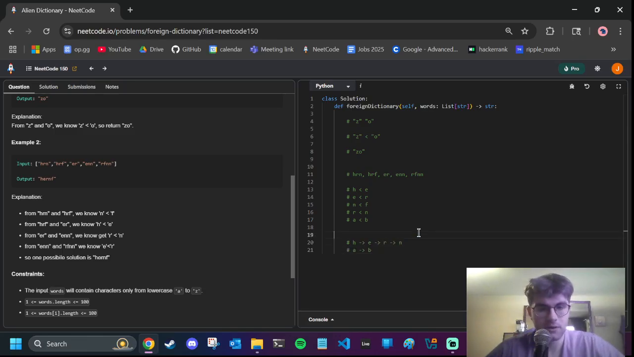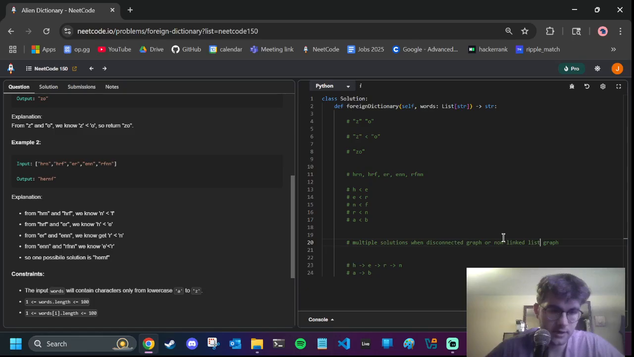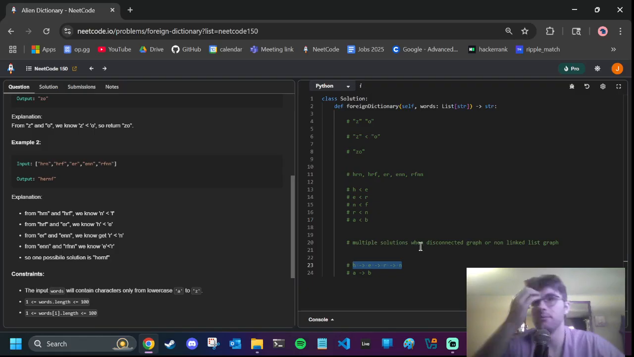So I'm just going to write that down. Multiple solutions when disconnected graph, or not like a non-linear graph. I don't know if linear is the right term, but I guess like a linked list graph, because this is basically just a linked list. But whenever you introduce children,